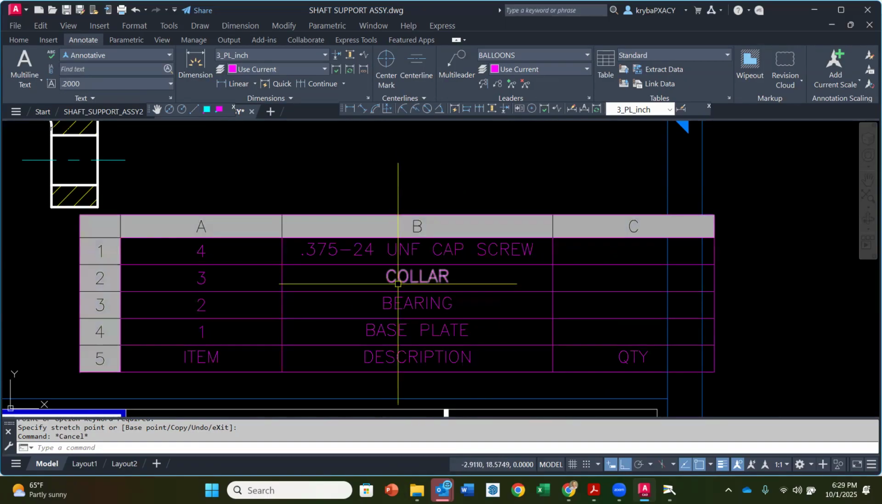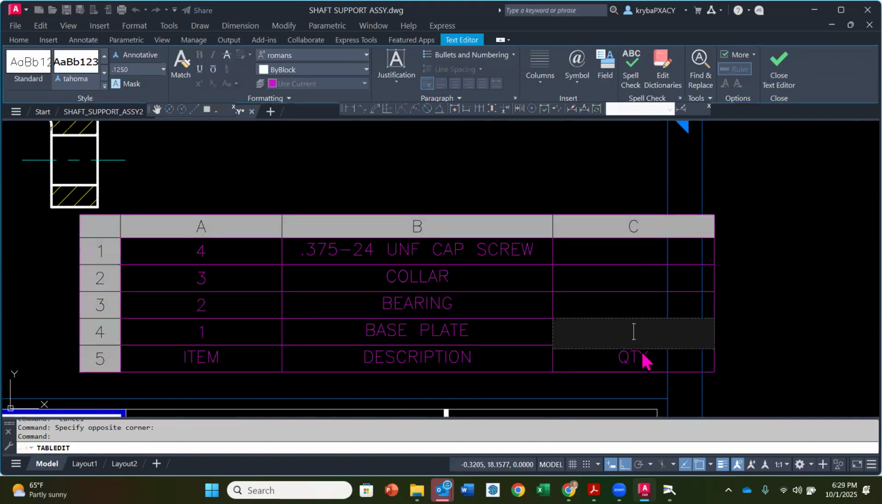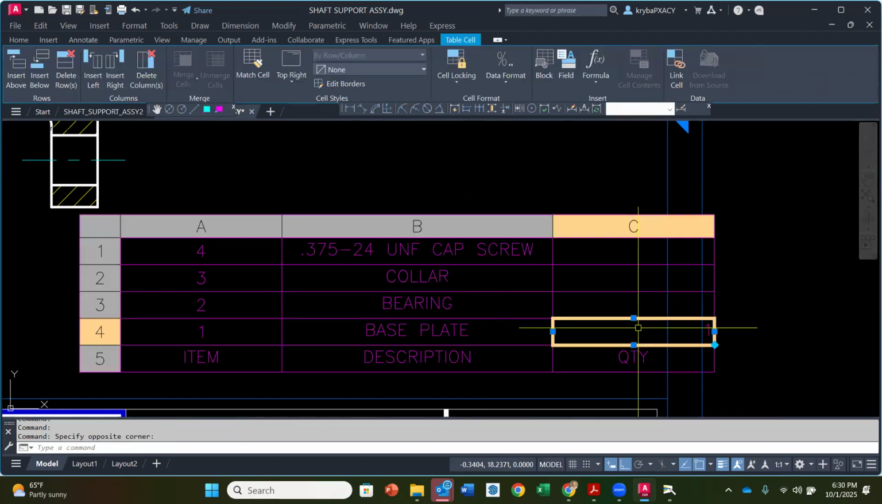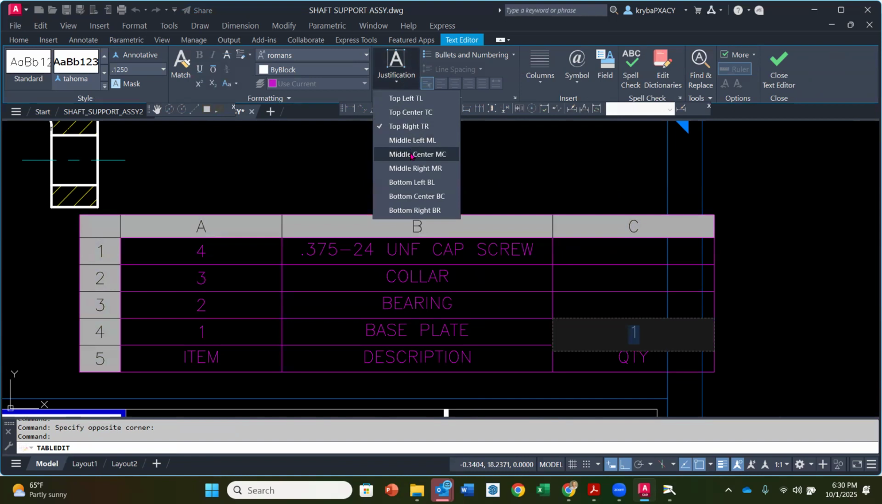All right. So I've got each one of those specified, and then I'm going to double click in my quantity, and I'm going to not justify this one. I'm going to do 1. And I'm going to move up, and notice it goes all the way over to the right. Okay. So all I have to do is go back down into that cell, and then click on middle center. Okay. And then go up